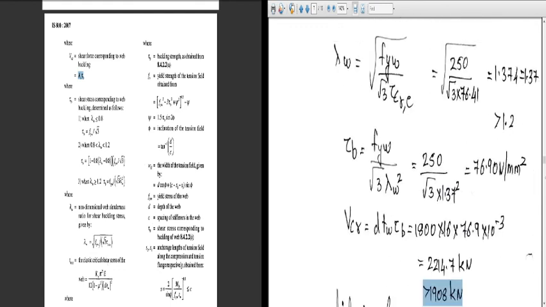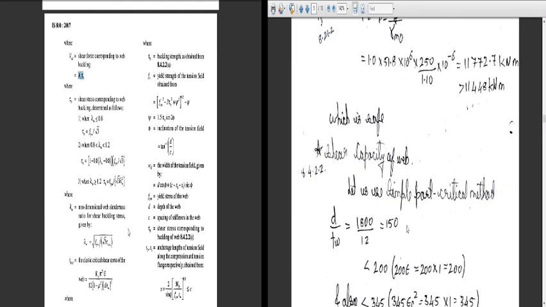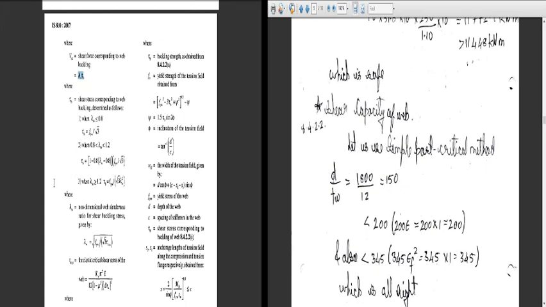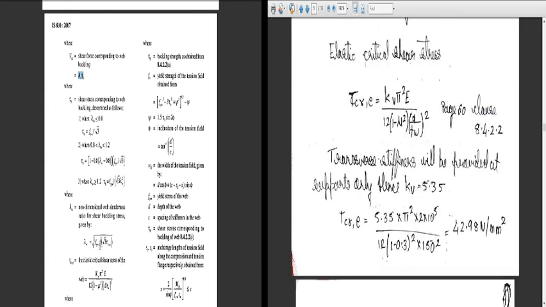But let us go through what all we have done today. Today we have done the check for shear. Remember, for the check for shear you need the ratio of D by TW. Check it, then calculate the elastic critical shear stress tau CR, with kV, and E and mu according to the physical properties. D by TW we have already computed, substituted, and got the value.